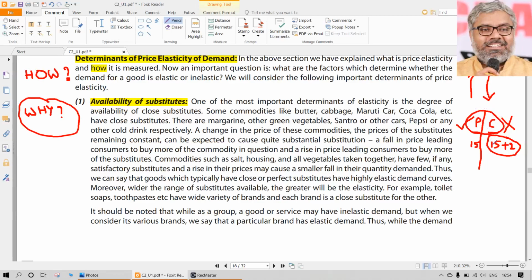Same thing could happen between 7-Up and Sprite. Same thing could happen between Maaza and Fruity. Like that, with any close substitutes, there is not much difference between them. There is no speciality in one product compared to the other. If that is the case, the price elasticity will be very high. So even though there is a small increase in the price of any one of them, people will not buy that costly product. They will shift from this product to the cheaper product. So the price elasticity of this product will be very high. That's what we can say.